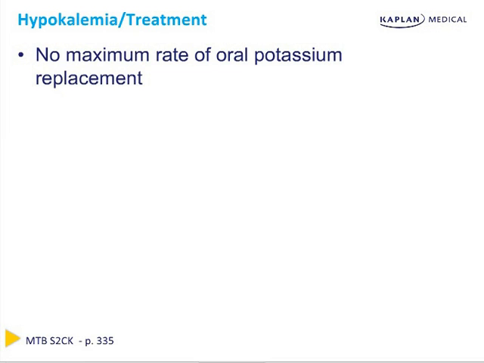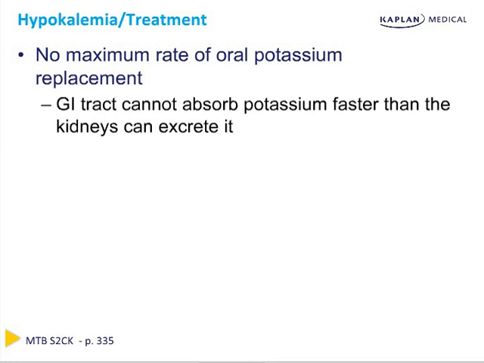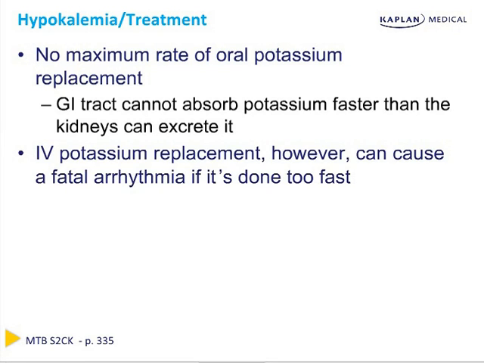Oral potassium replacement is nice because there's no maximum rate. The GI tract isn't able to absorb potassium faster than the kidneys can excrete it. So even if you give a whopping dose of potassium by mouth, you won't cause a hyperkalemia. With IV potassium, it's another story. If you replace potassium too fast through the intravenous route, you can actually provoke a fatal arrhythmia that can lead